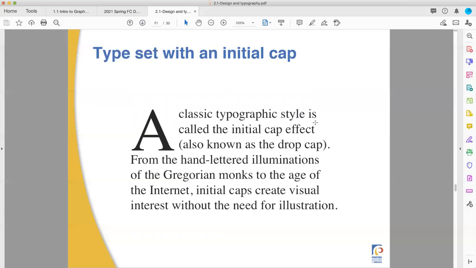Initial caps. This is great for starting chapters in books and starting with the beginning of a headline in a newspaper article. They also call them drop caps. The first letter of the whole paragraph is big, and it takes up a huge number of lines. You can always take this stuff to an extreme where it's no longer usable, but it can look good. And this calls back to the original days of hand-drawn, scripty manuscripts done by monks by hand with feather pens cut out of quills from